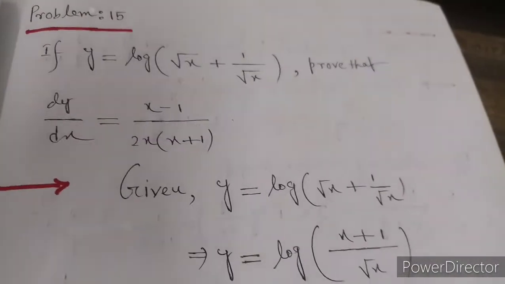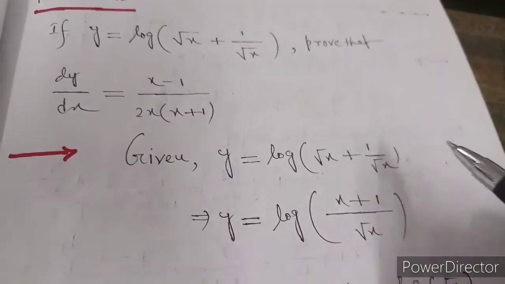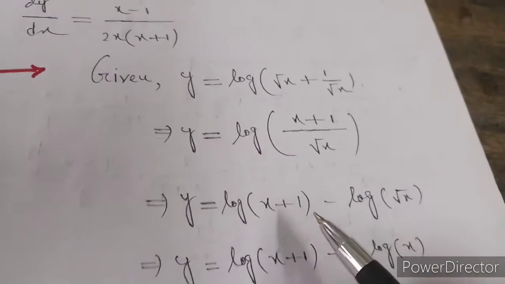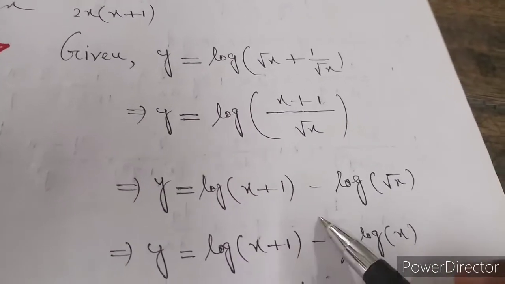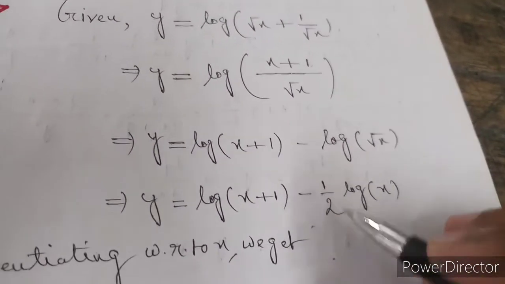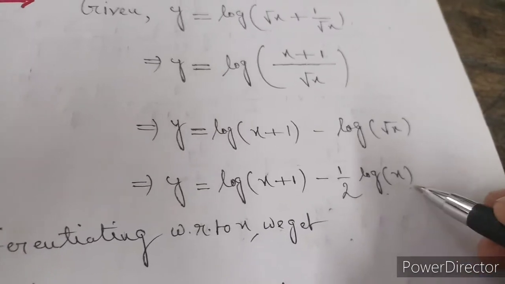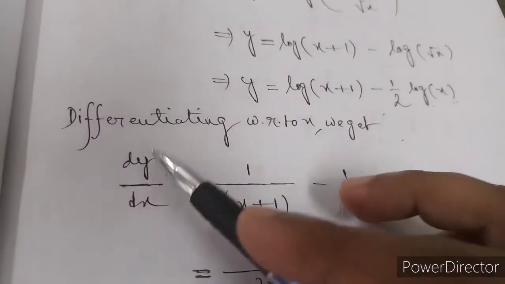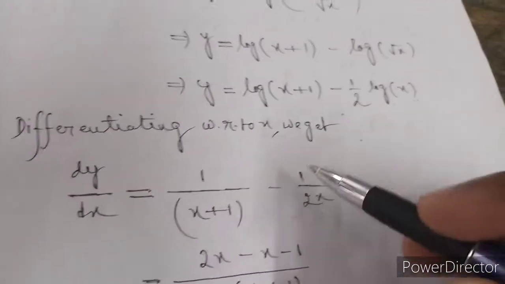So how to solve it? Now take the LCM of this one, root x into x plus 1 by root x. Now break it into two parts. That should be log of x plus 1 minus log root x, which is half of log x. Clear? So now differentiating with respect to x, we get dy/dx equals 1 by x plus 1 minus